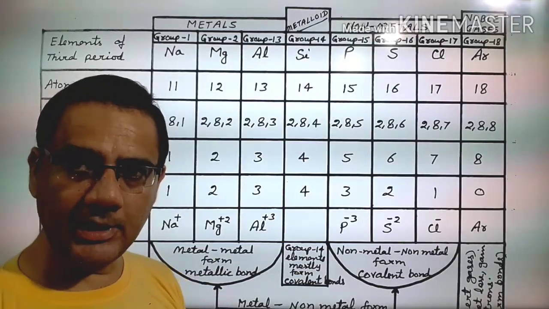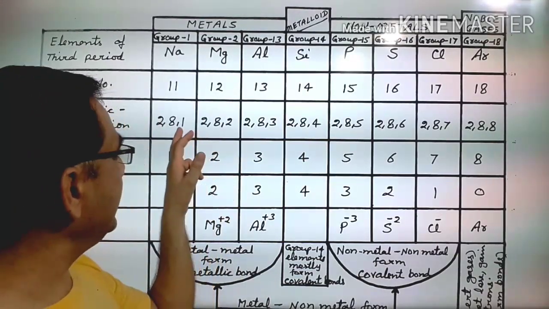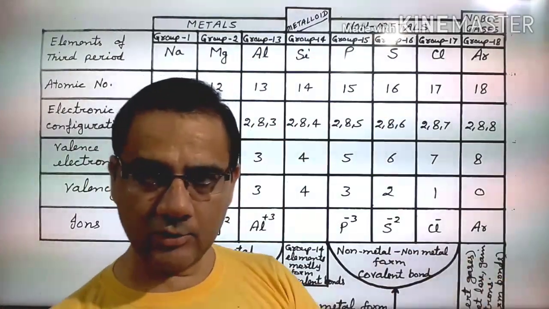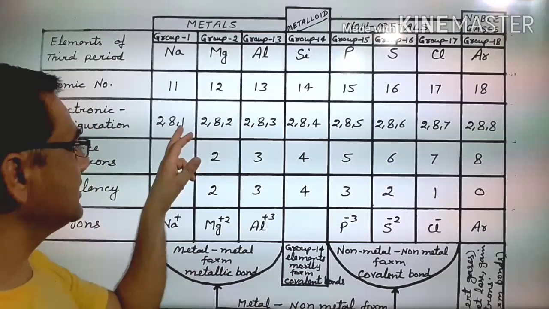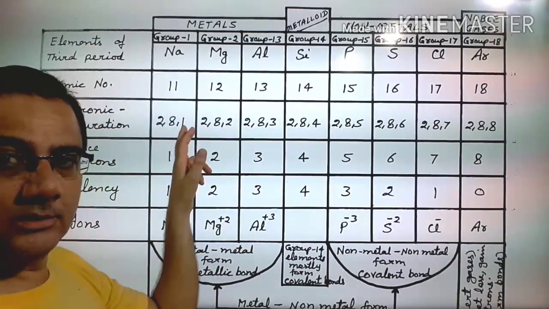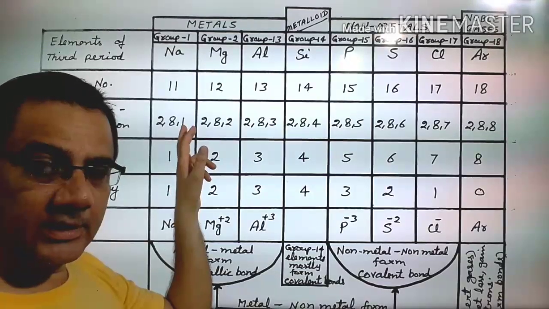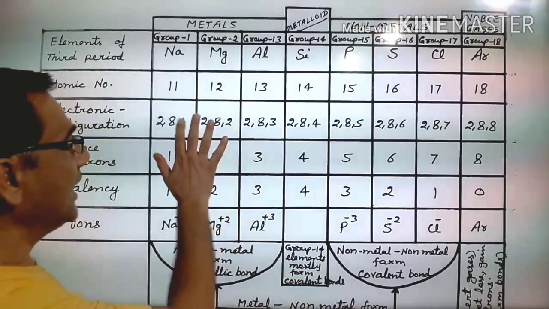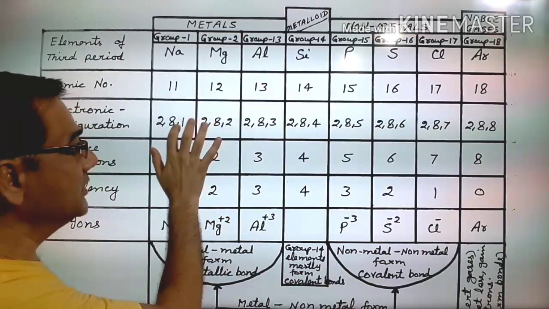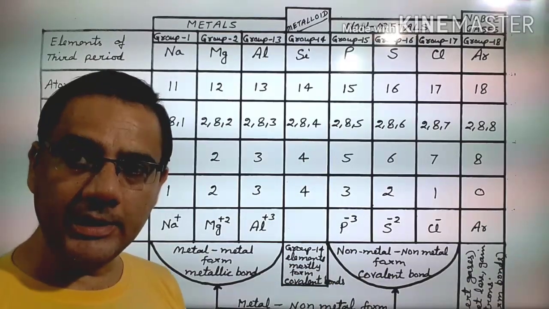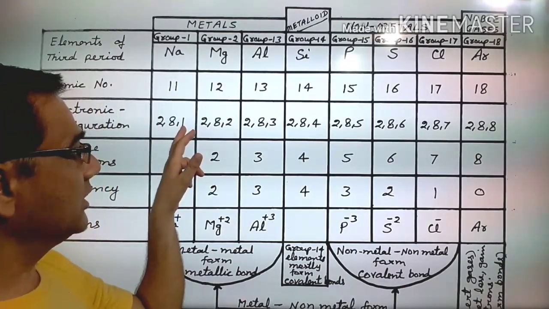What is the second possibility? It takes 7 electrons from another element. It takes 7 electrons from another atom and gains them in this shell. Then it will become 2, 8, 8. Then also it makes 8 electrons in the outermost shell. So two possibilities are there. First, either it loses this electron and then the next shell becomes outermost, or it gains 7 electrons from another element, and then it will have 8 electrons in this shell.